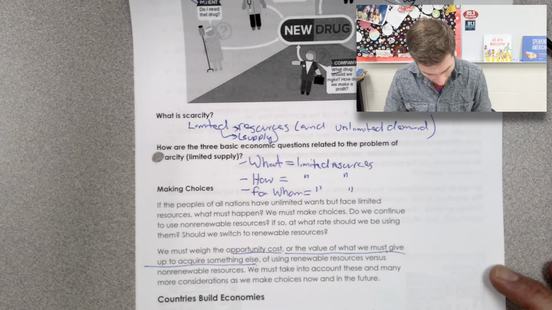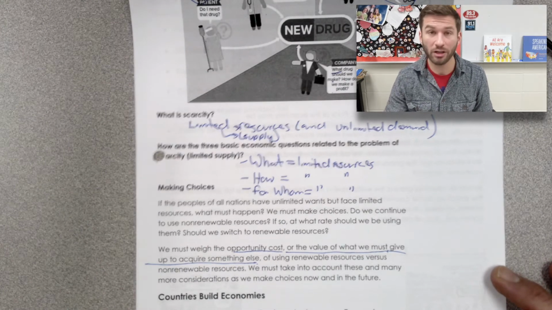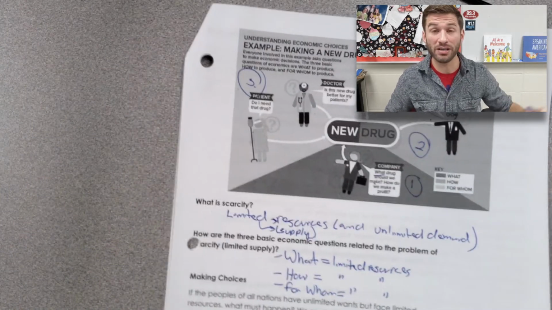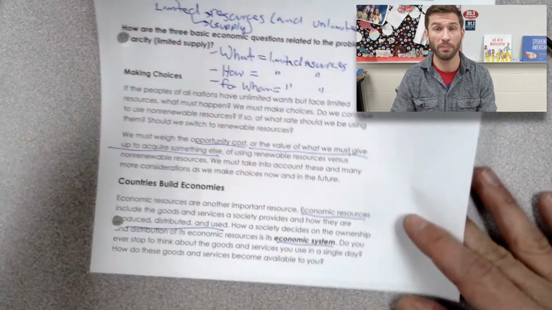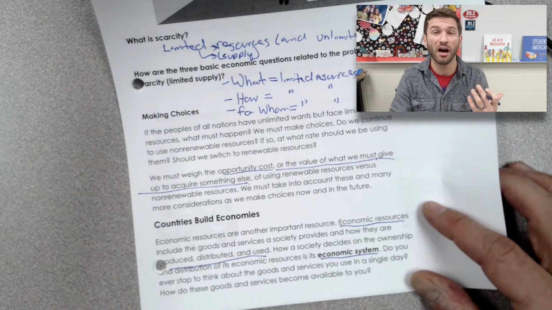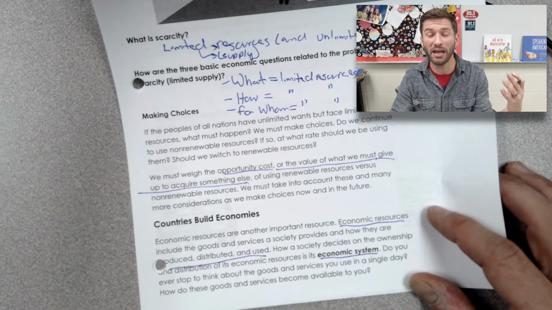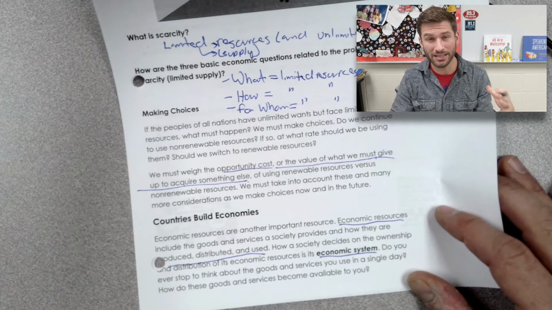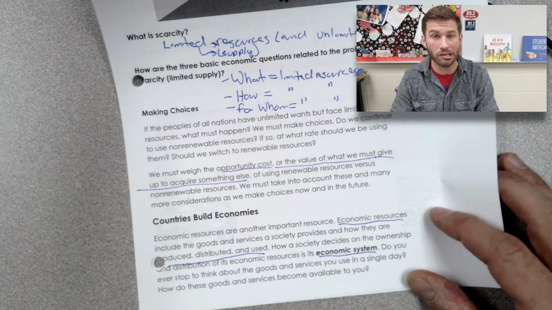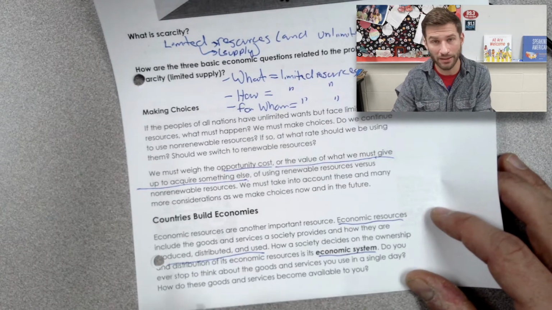How did these goods and services become available to you? We take that for granted. It's just something that's given to us, or maybe we just go to the store and purchase it. But do we ever stop to think about what's available to us, the cost, why it's available, how it was made, and all of those behind the scenes things? Stop and think about that next time you're at the store, or next time you're clicking something, adding it to your shopping cart and hitting the old checkout button. Think about that for a little bit.